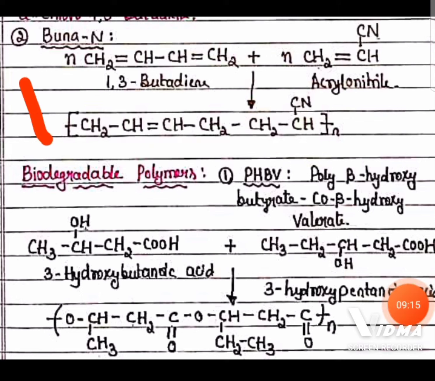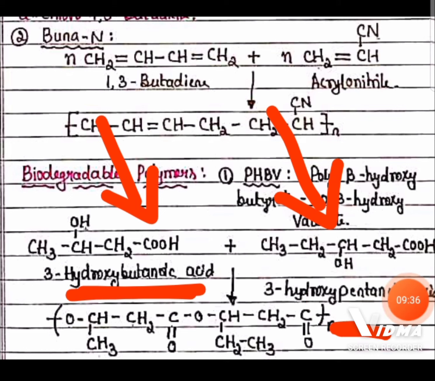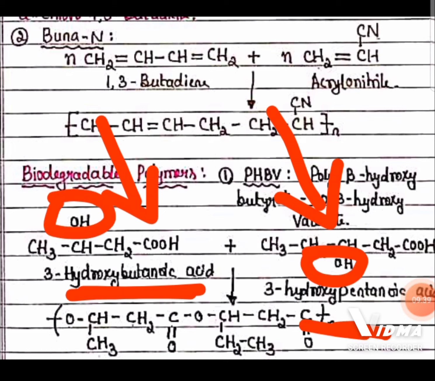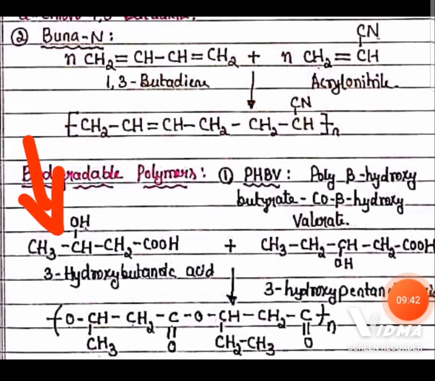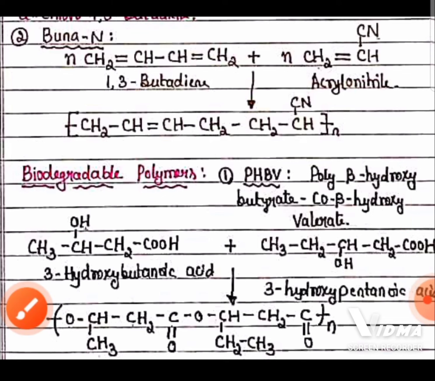Now let us discuss biodegradable polymers. The best example of a biodegradable polymer is PHBV, poly beta hydroxybutyrate co-beta hydroxyvalerate. The two monomers of PHBV are 3-hydroxybutanoic acid, a 4-carbon carboxylic acid, and 3-hydroxypentanoic acid, a 5-carbon carboxylic acid. Both have a hydroxy group at the third position. Here the alcoholic group of one monomer and the carboxylic group of another monomer undergo condensation with the release of a water molecule to form an ester bond and form a biodegradable polymer called